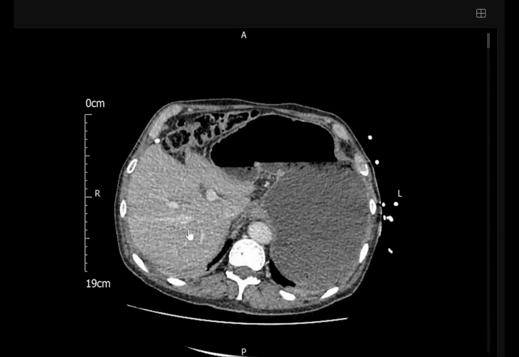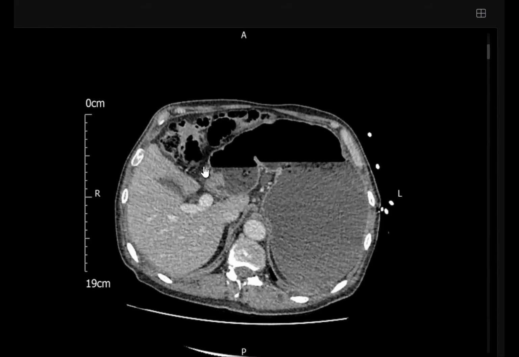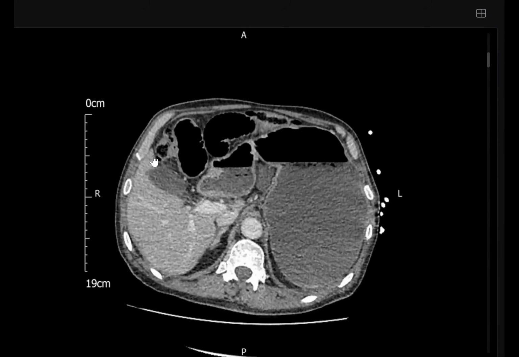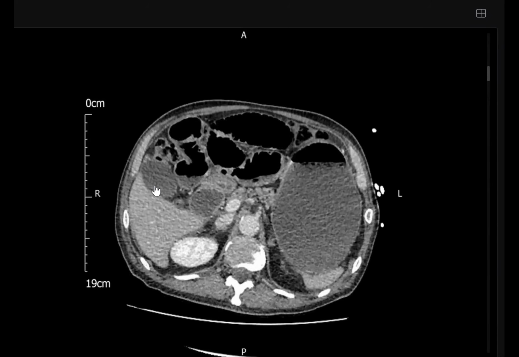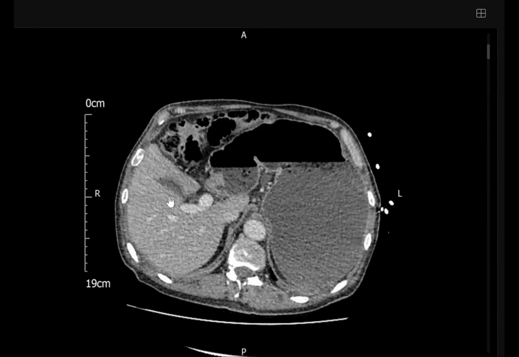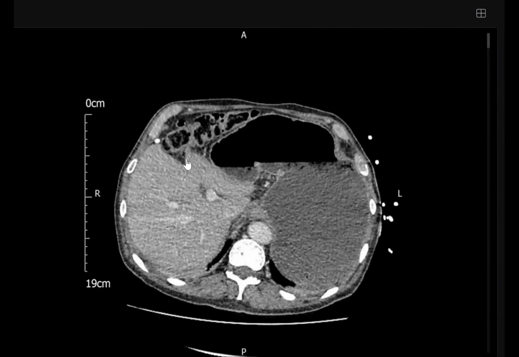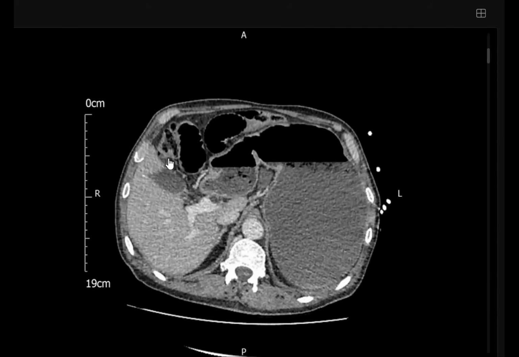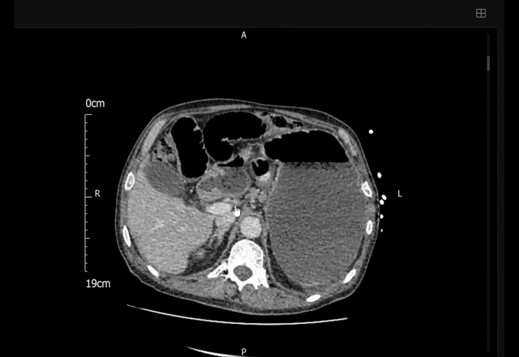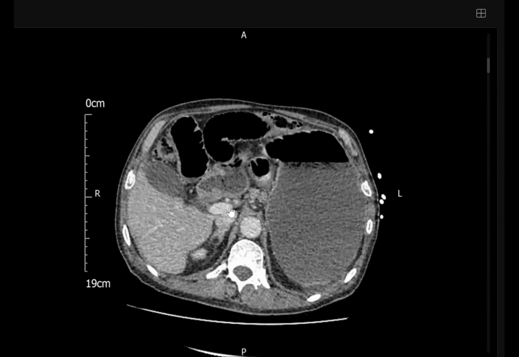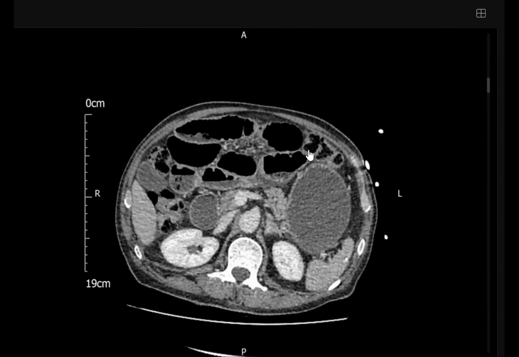visualized part of the liver. Okay, in the limited visualized part of the liver, I don't see any branching lucencies to suggest portal venous gas or pneumobilia, and the gallbladder is intact. It's important to mention these points. Tell the examiner, I know the causes and I want to rule out the causes one by one. So no portal venous gas, no pneumobilia, normal gallbladder, normal enhancement of the portal vein and the mesenteric veins, dilated